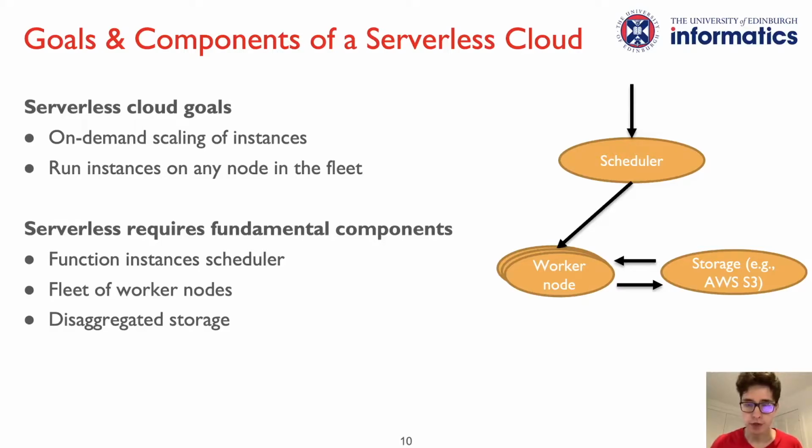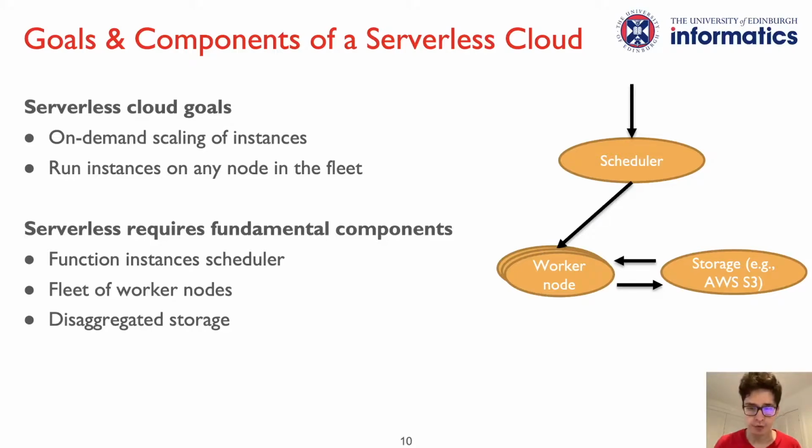At a high level, the serverless infrastructure has two goals: scaling cloud resources in a form of function instances based on changes in function invocation traffic. And second is these instances should be able to run on any node in a data center in the whole server fleet, allowing the providers to keep their servers highly utilized while keeping the cost of servers computing low. Our key observation is that serverless